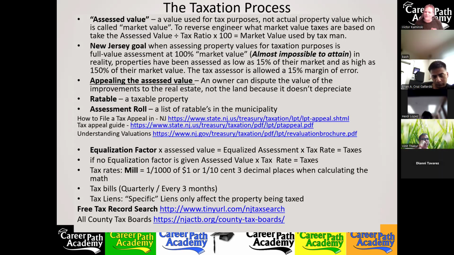They broke off because each one doesn't want to be responsible. There used to be one central tax record search system that we could use for free that had all 21 counties in there. It was real easy to access. Before you even have a real estate license, you could access it. Now you could still access it, but you got to go to each individual county's website, search around, find their tax record search system, and then use it.